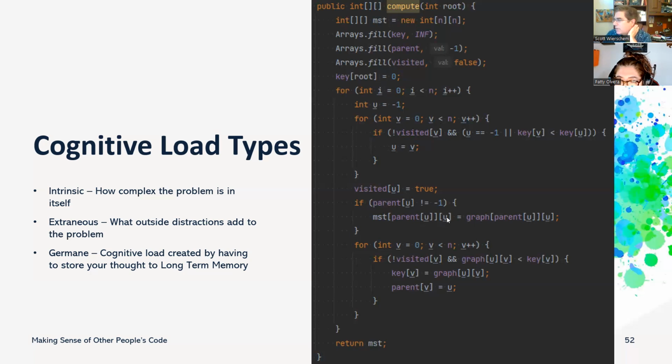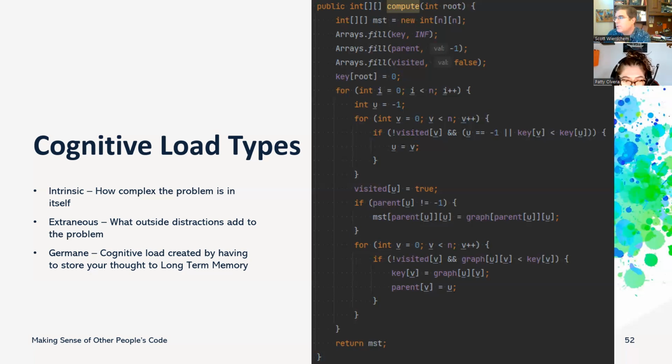I've got u sub u, and so I've got 2 indexes into 2 arrays. This can be confusing. And you're reusing v down here because you've got the loop for v here and this v. That can be really confusing. So that's an extraneous load.